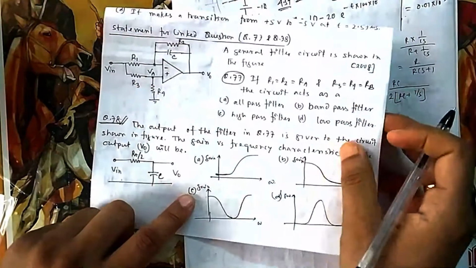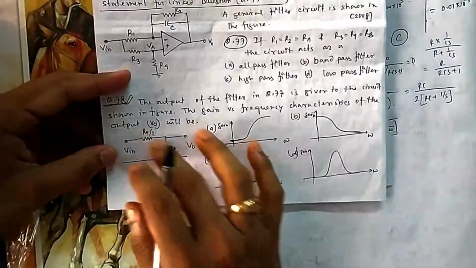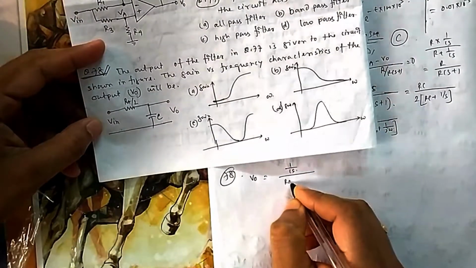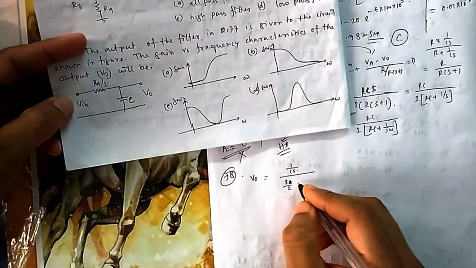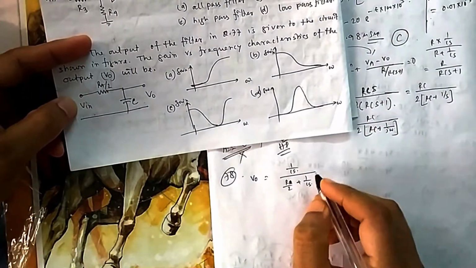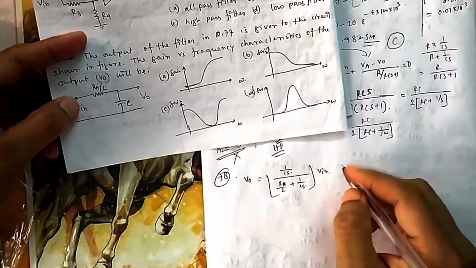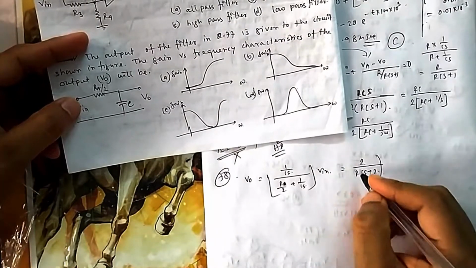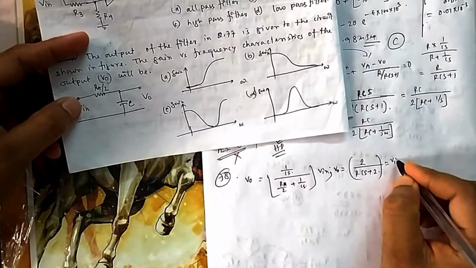Okay. So if you find the gain of this one, what will be the gain of this one? It is a simple RC circuit and voltage division only. So it will be 1 by CS over R by 2. That is R by 2 I am writing; no need of writing RA, the same R that I have considered here. So R by 2 plus 1 by CS into Vn. Simple voltage division, the voltage across this is nothing but 2 by RCS plus 2 times Vn, which will give you V0 equal to this much Vn.